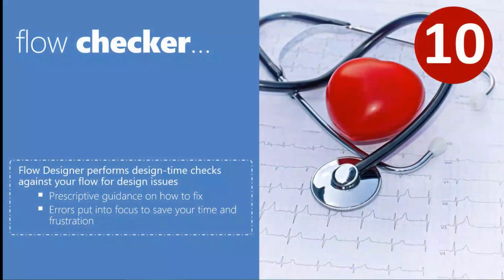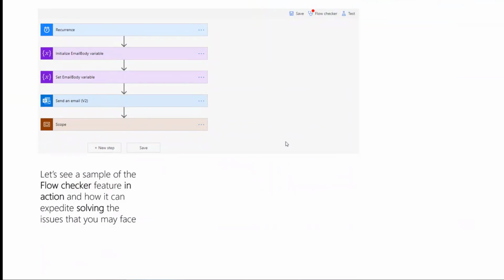Flow checker, and why this is a good feature also. It is a feature that exists in Power Automate that will do a checkup on your flow and highlight the existing errors of your flow. It will save a lot of time and focus on where the error exists. I'll give you an example. If it's a small flow, you are in a safe situation. But if you get big flows and you start to have scopes that are collapsed,